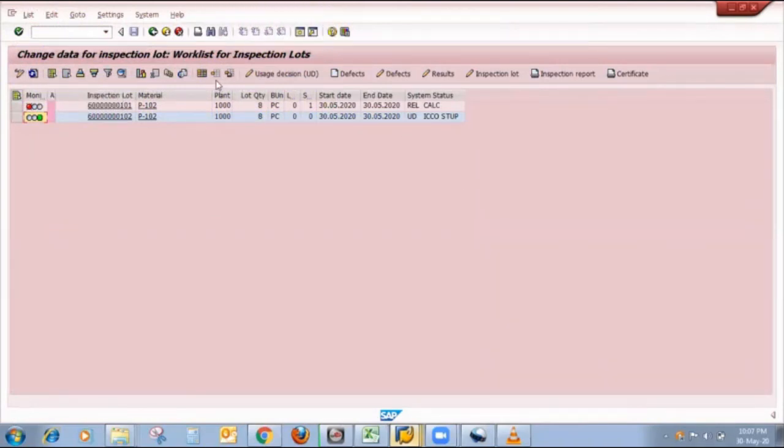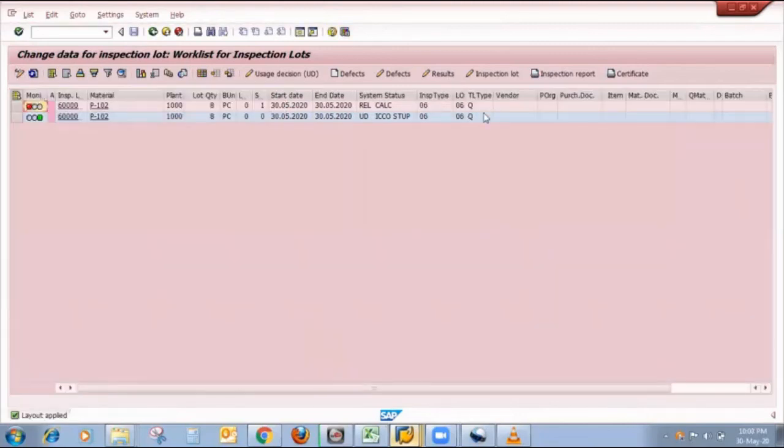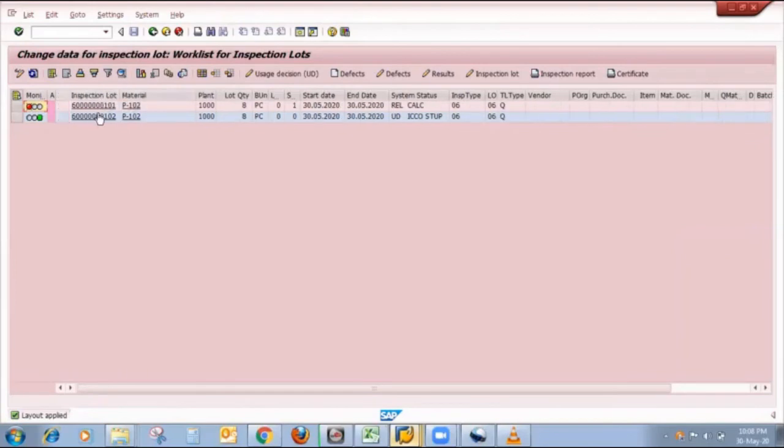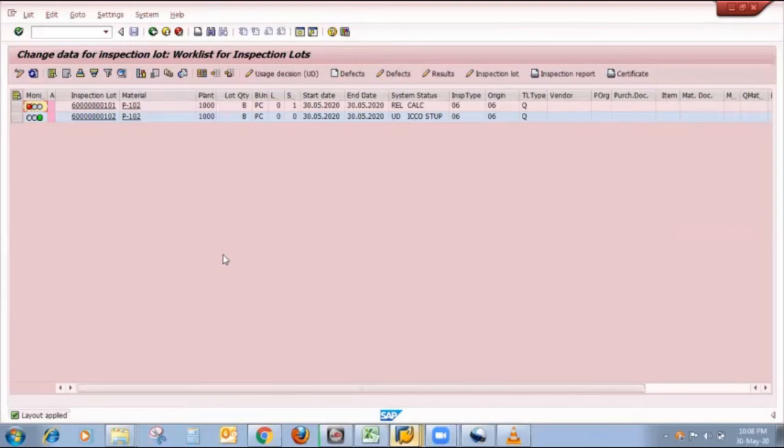Here I change my layout, then more options you can see. So this inspection type starts with 6, inspection lot origin also 6. If you move, here is delivery number, here is sold-to party and sales organization. So friends, we can now check our material for return delivery.